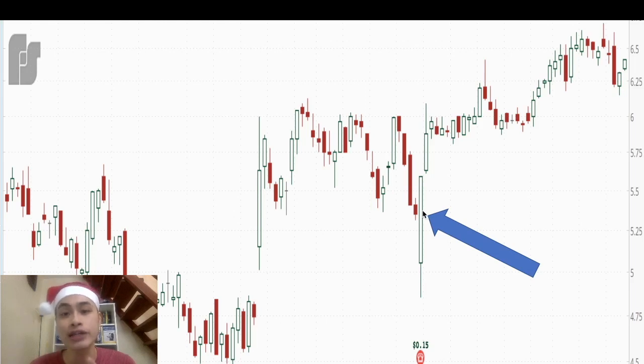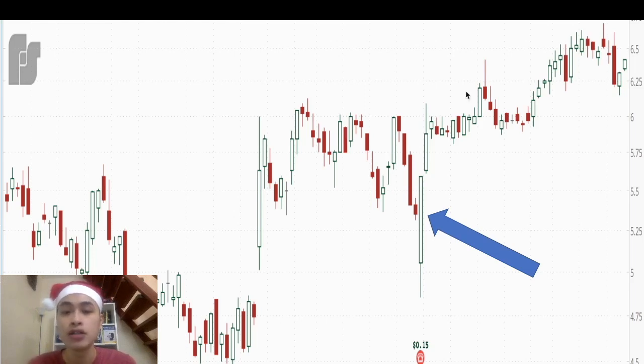So what is the second criteria? The second criteria is that the body of the bullish candlestick must be larger and engulfing the bearish candlestick. So in this case, the bullish candlestick is larger than the body of the bearish candlestick and is engulfing it. So it fulfills the two criteria. So that is the bullish engulfing pattern. So what does a bullish engulfing pattern mean? It means a bullish reversal might happen, and it gives us a very high probability that a bullish